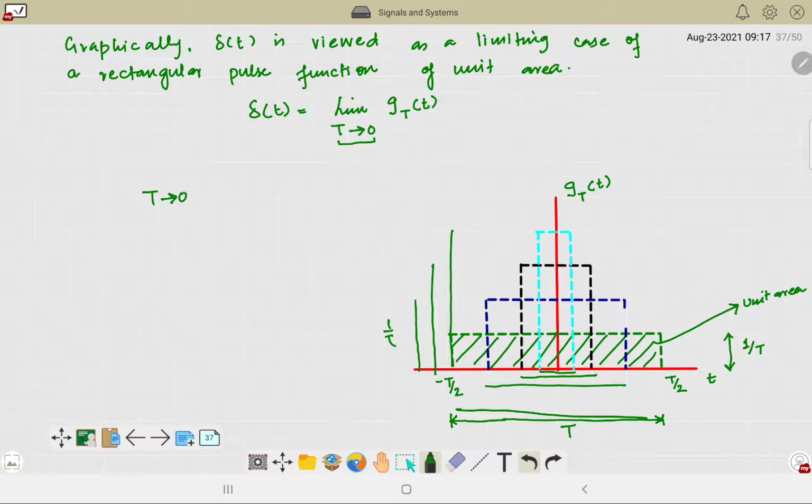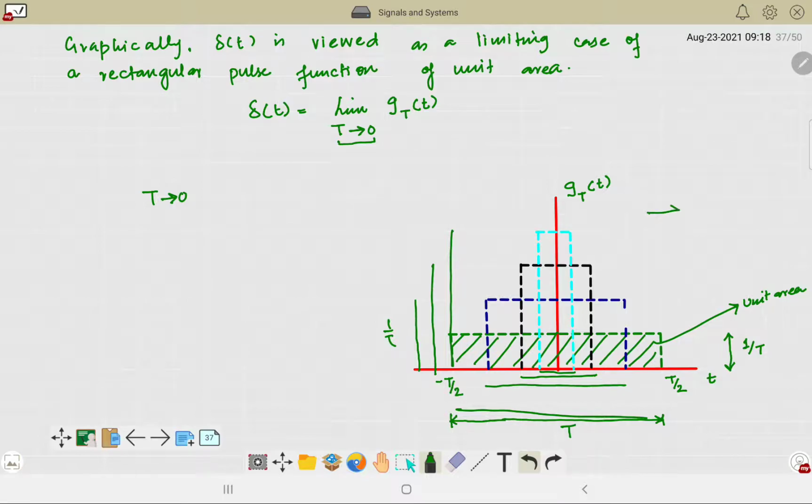so it is decreased, and simultaneously its amplitude is increased in such a way that under all circumstances the area under the pulse is maintained constant in unity. Okay, so this is one way of visualizing it, that it is a rectangular pulse. We go on decreasing the width of the pulse, and simultaneously the height of the pulse increases, so that the area under this rectangular pulse function is always equal to unity. So when we approach this limit, as time period t tends to 0, we will have our impulse